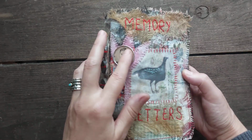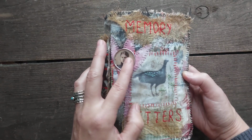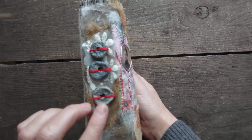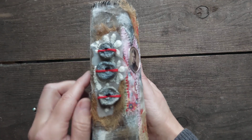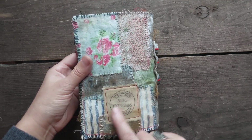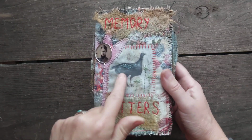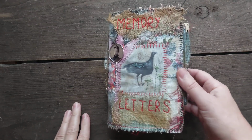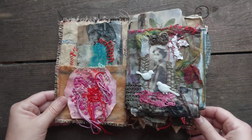Oh, this is lovely. This is covered with resin. On the spine this time I stitched these three buttons. They are paper clay buttons as well, and a back with a little bit of stitching and the shop name, and a little bit of stitching as well here on a bird. So let's get in. Right,